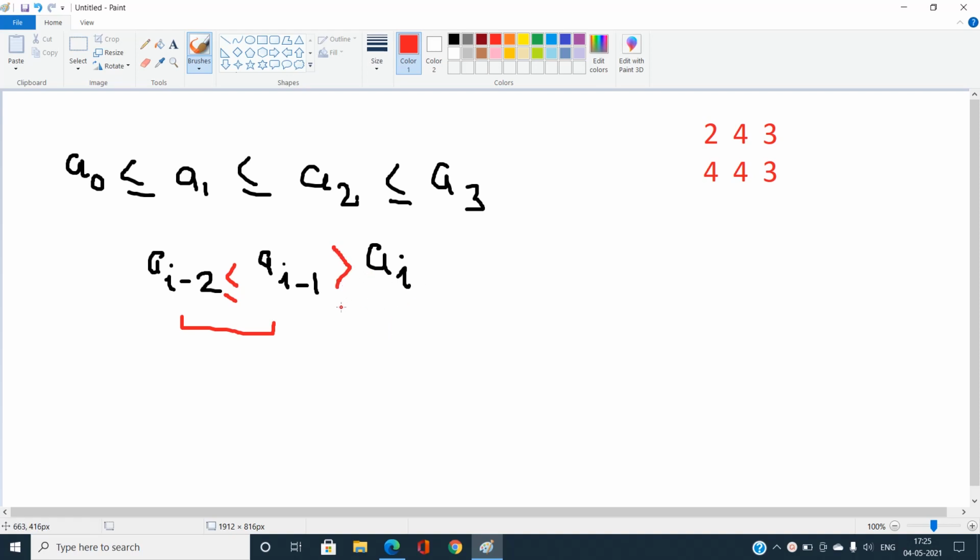Okay, now let us take an example like here it should be 2, less than or equal to 4, or greater than 3. Now in this case you can see I need to just change one element, because this is not satisfying our condition, that is the adjacent element is not going to satisfy our condition. Now we need to change one element, either we are going to change this 4 to any value that we want, or we are going to change this 3 to any value that we want.